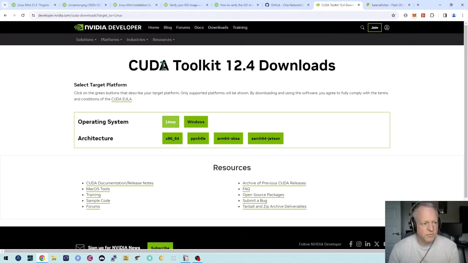So on the NVIDIA site for the Cuda toolkit, their latest version is 12.4 and you get some options here. You get Linux or Windows. Obviously we're dealing with Linux, so you click that and then you get a choice of architectures. Now your architecture most probably will be different than mine, I don't know. Mine is obviously x86-64. Yours you might have an ARM machine or something like that. Obviously you have to go a different path, but I clicked on